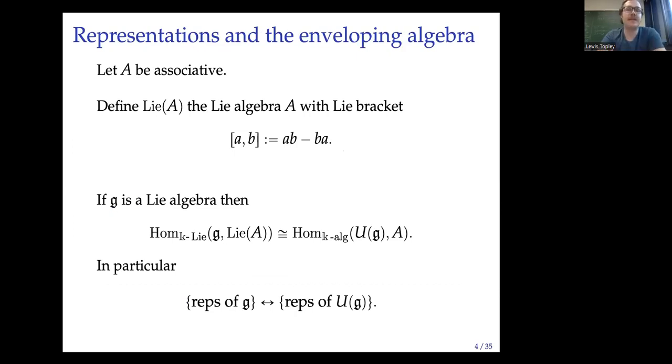So take A to be an associative algebra, and I'm going to define some slightly non-standard notation, which is that Lie A is the Lie algebra built out of A just by taking the Lie bracket. So the Lie bracket is the commutator. And an example of this would be if we take A to be the endomorphisms of a vector space, then Lie A is just the general linear algebra on that vector space. So here is an incredibly important statement, which is an adjunction between the enveloping algebra functor from Lie algebras to